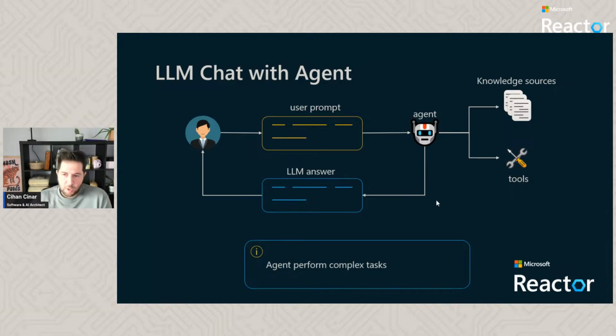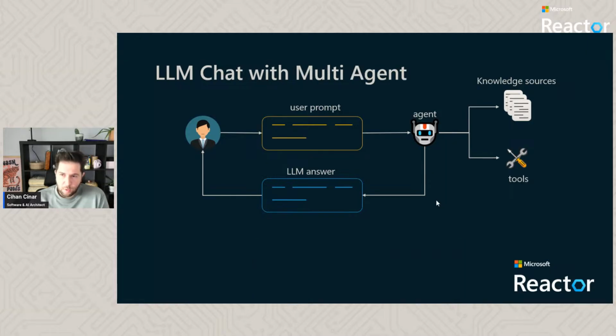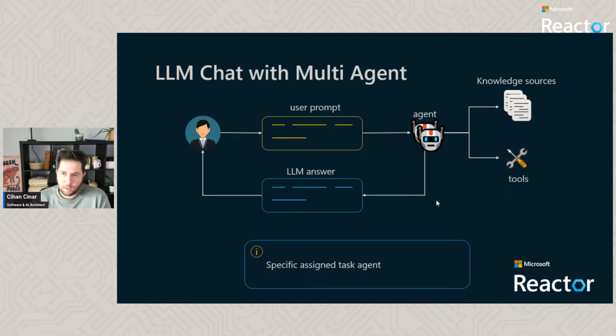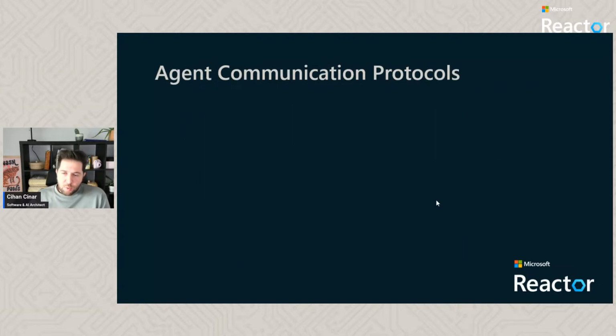And now our agent is becoming more and more intelligent, with a few sources, documents and tools, and becoming more complex. But if we want to go further and have dedicated agents, here we will have multi-agents. With this one, we can separate tasks into different tasks to be able to handle a lot of different use cases with the same input. And now we have a complete workflow with complex chat work. Now we introduce the agent calls. So we will have a few agents, how these agents will communicate between them, and if there is something to call, the tools or knowledge